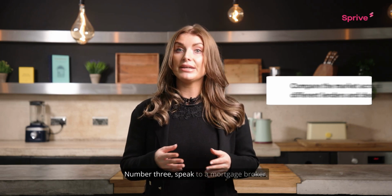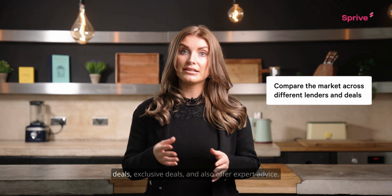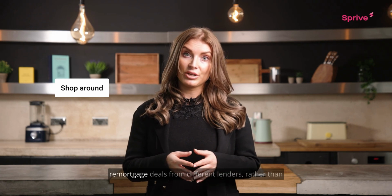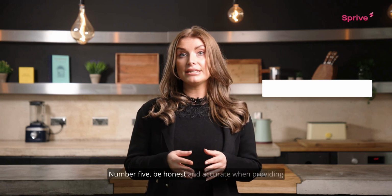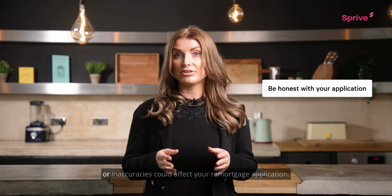Number 3, speak to a mortgage broker. They provide access to a wider range of deals, exclusive deals, and also offer expert advice. Number 4, shop around and compare different remortgage deals from different lenders rather than just accepting the first offer you receive. Number 5, be honest and accurate when providing the information to your lender, as any discrepancies or inaccuracies could